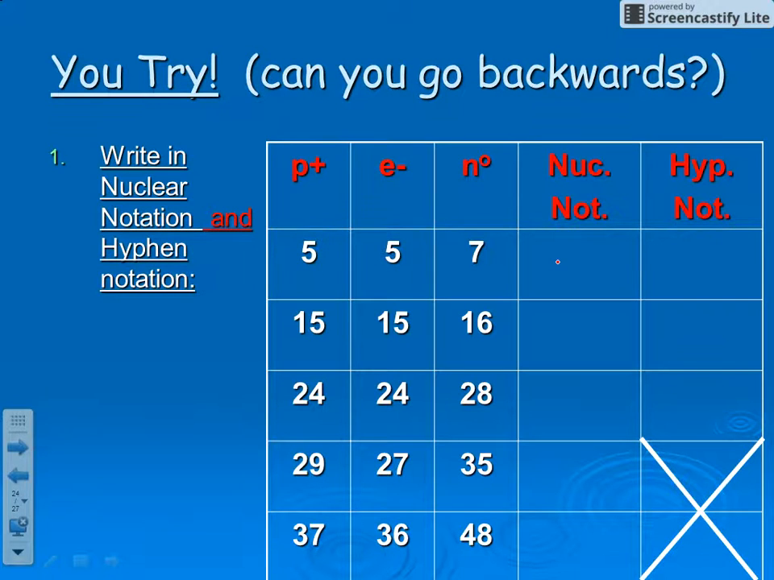Since we have 5 protons, we can identify the element as boron. To get your notation, the top number, you've got to add your protons to your neutrons. So that's going to give you 5 plus 7, which is 12. The atomic number goes down bottom, 5. And since